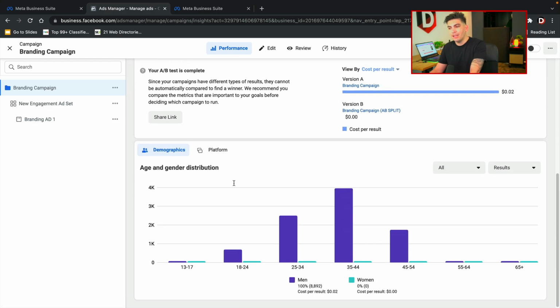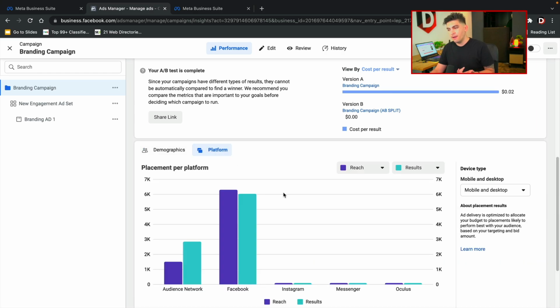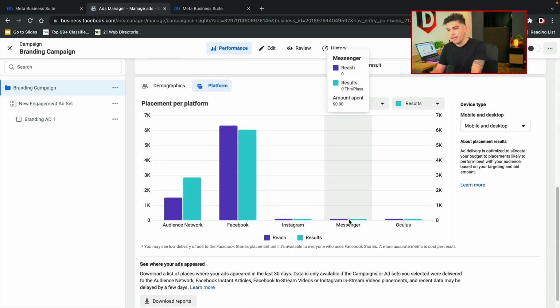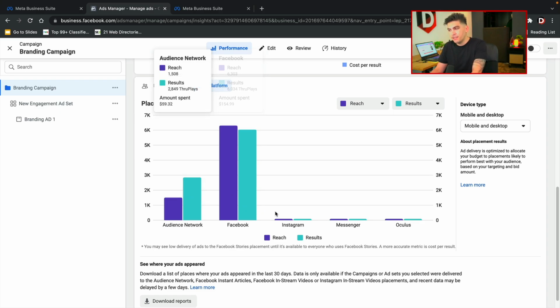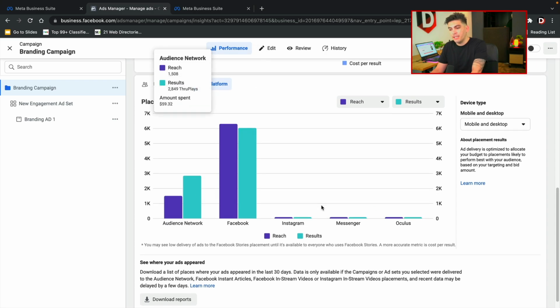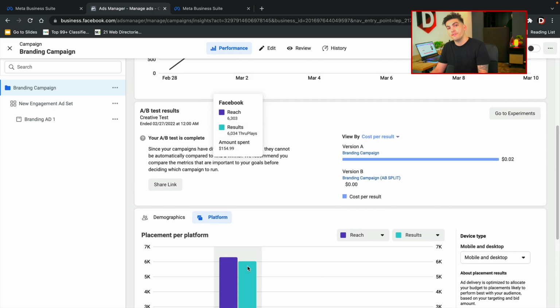And if we scroll down, we can get a little bit more information about what has happened right here. So on the bottom right here, we can select like, who's clicking the ad, if it's men or women. We can also filter and go ahead and say, all right, the impressions, the reach, the amount spent. You guys can also test to see which platform is performing the best. Like we talked about earlier, I wasn't a big fan of like Messenger. So yeah, but I didn't run it on Messenger, but you might want to split test it on other various platforms. But it looks like their audience network and Instagram and these other platforms are other ways where you guys can display your ads on different platforms.